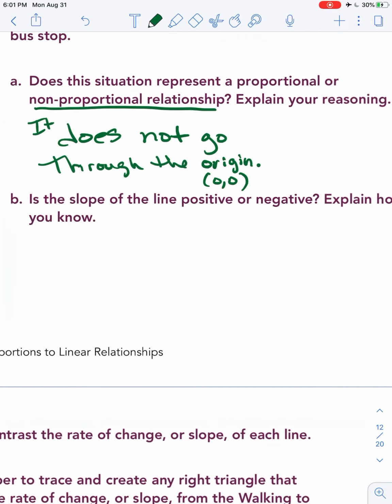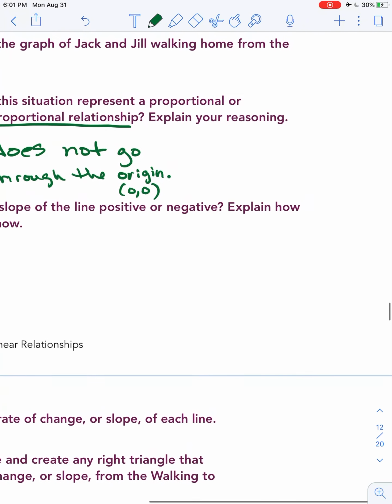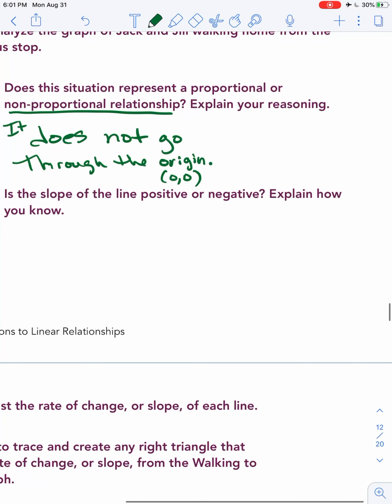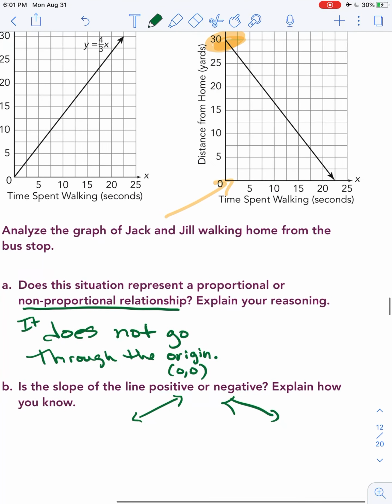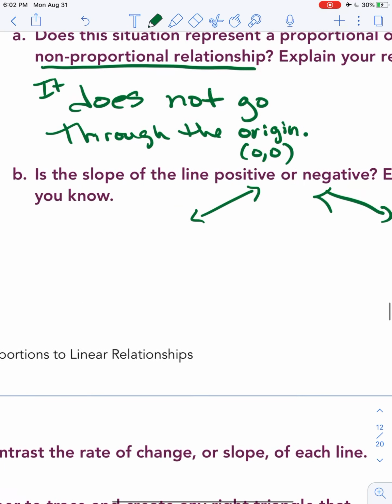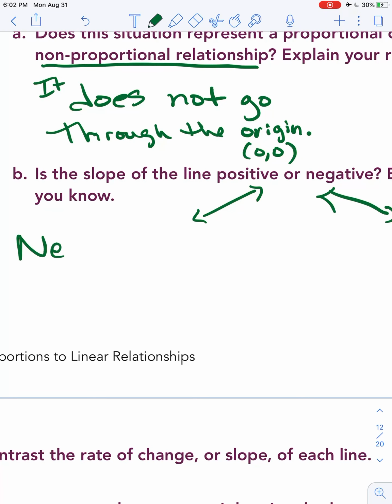Now the next thing says, is it positive or negative? So up here a minute ago, we said this is a positive slope, this is a negative slope. So let's look up here. That looks like it's going in the negative direction. So I'm going to say it's negative